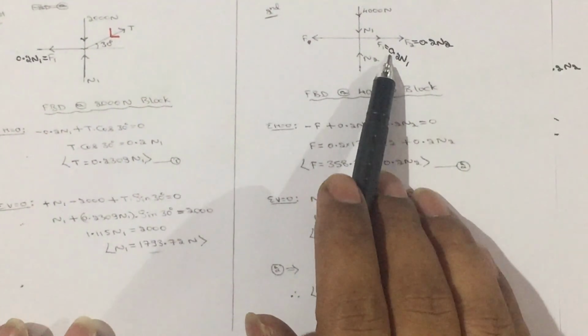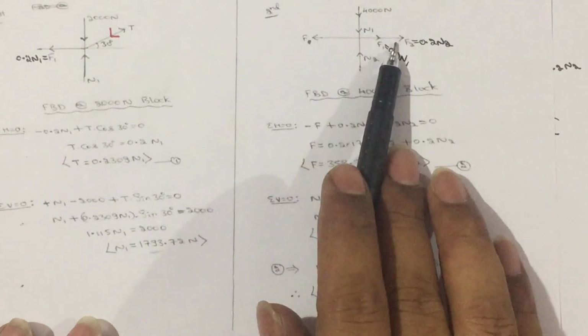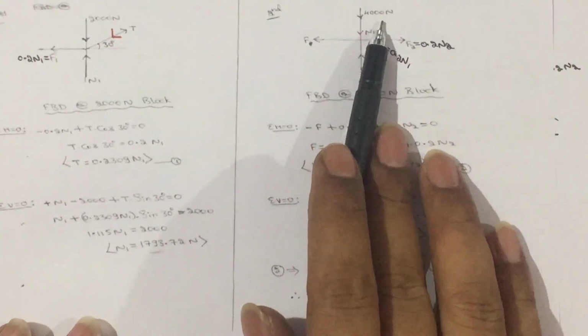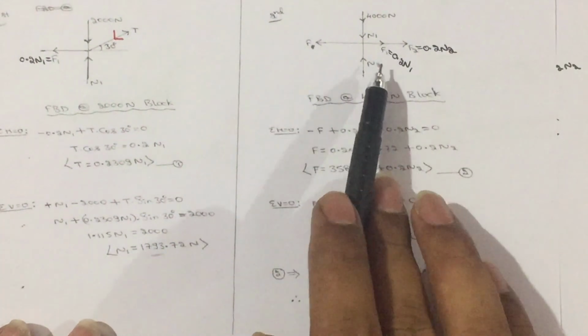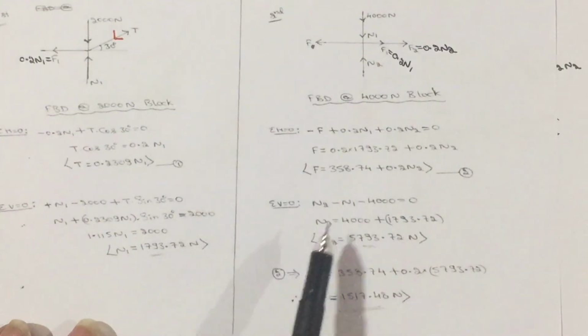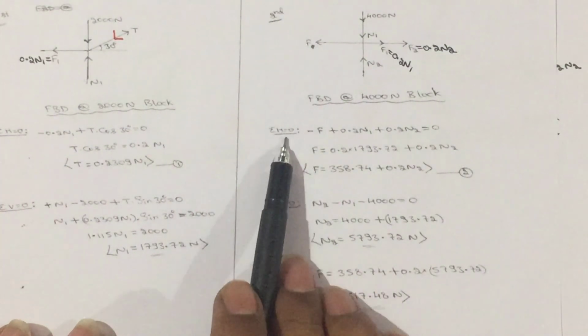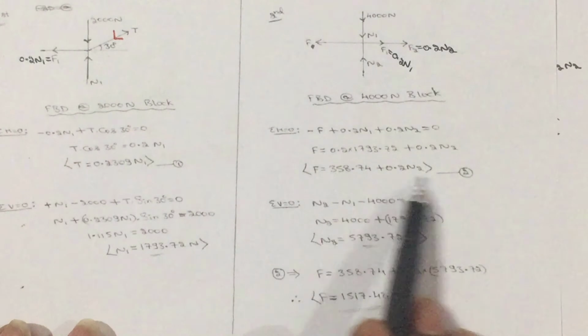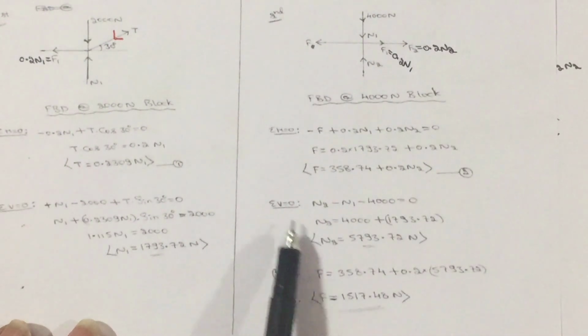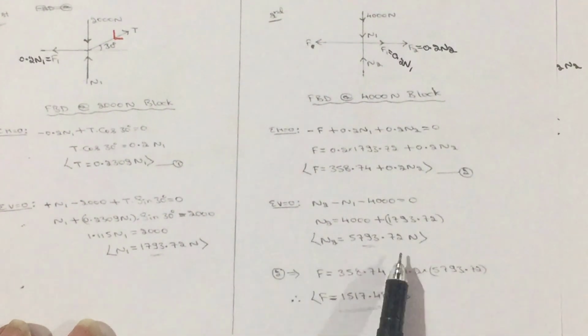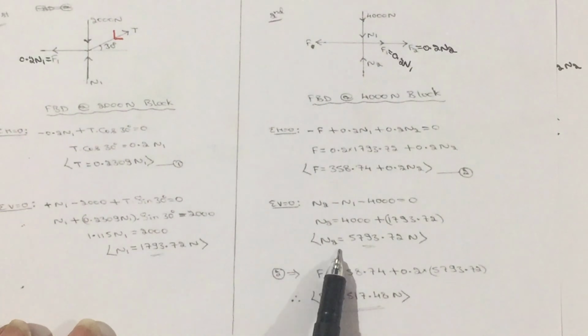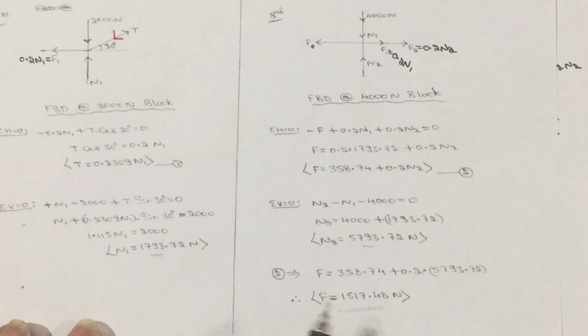Then apply the conditions again here, same theta and split up for the inclined forces, there is no inclined forces here. Then calculate sigma h is equal to 0, sigma v is equal to 0. When you apply sigma h is equal to 0, you will get one equation. When you apply sigma v is equal to 0, you are going to get N2 value. Substitute these N2 values in the equation 1, you are going to get F values. That is all for this problem.